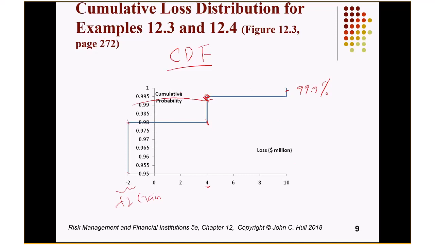However, at 99.5%, some people will not count these points. They are going to move a little bit here, and then they will count something here. So that's again a $10 million loss. But in some other textbooks, we just take negative 4 million. So it's okay. They are not going to test anything like this, and I'm not going to test anything like this in my exam either.